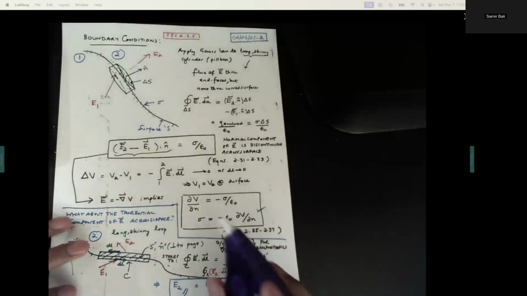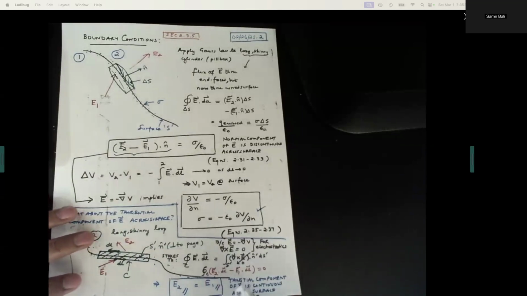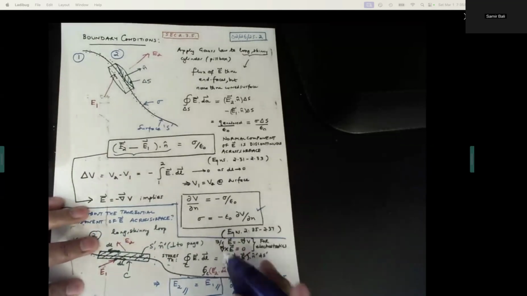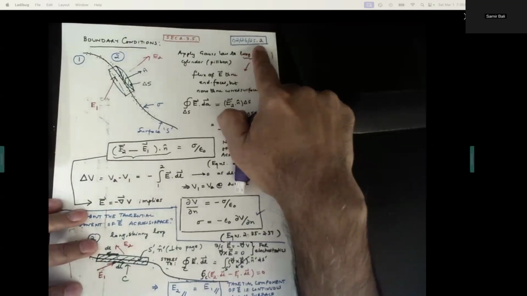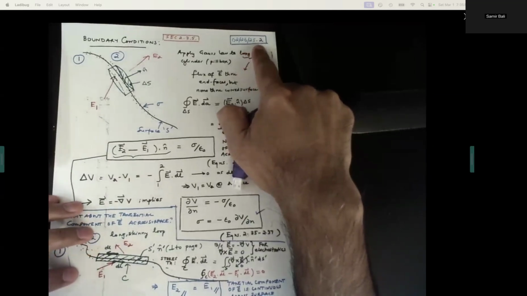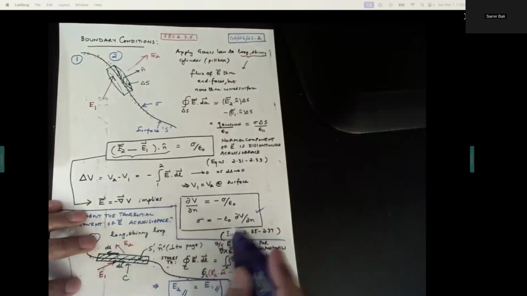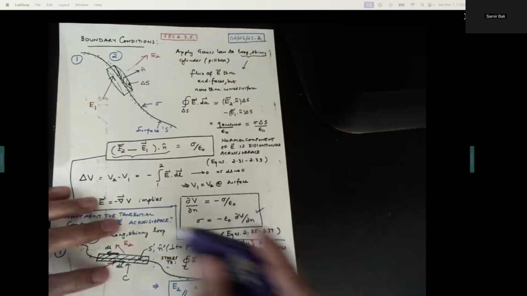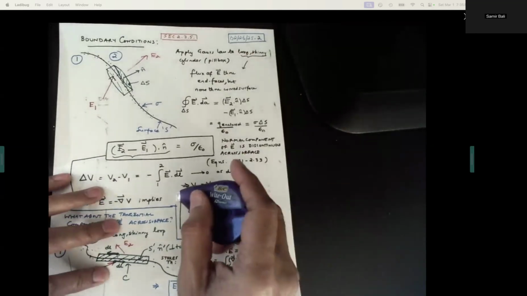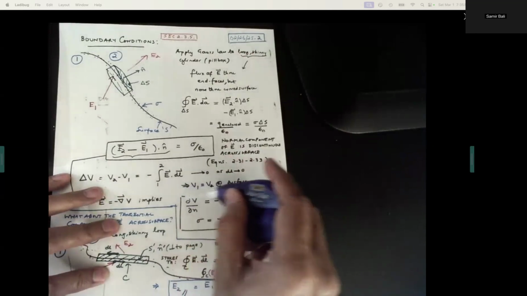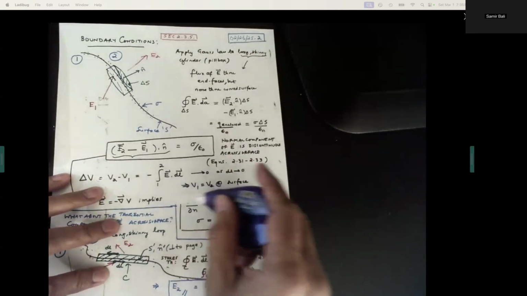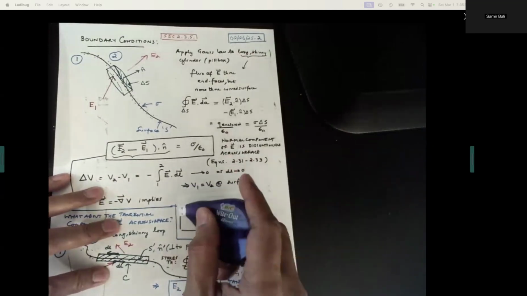Okay, so I want to make a correction to this slide from the lecture on the 26th, because I'll be needing this equation. The correction has already been made in the lecture that's posted, but here's the correction. So I'm just going to erase the part that I need to correct